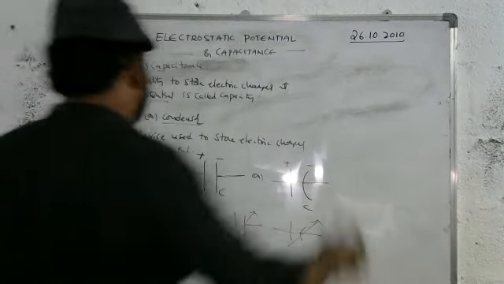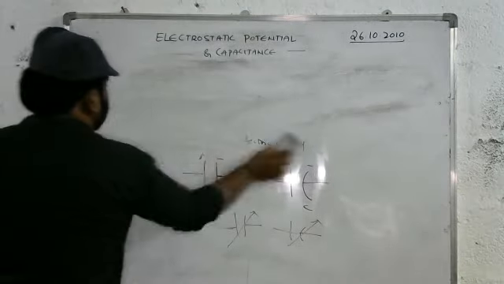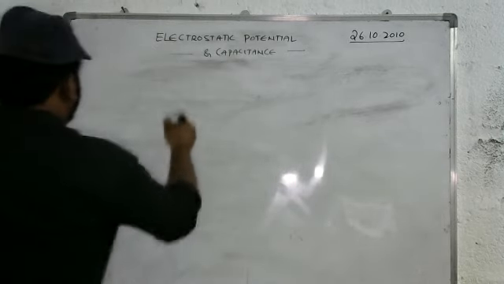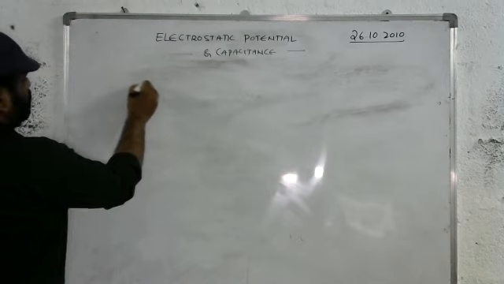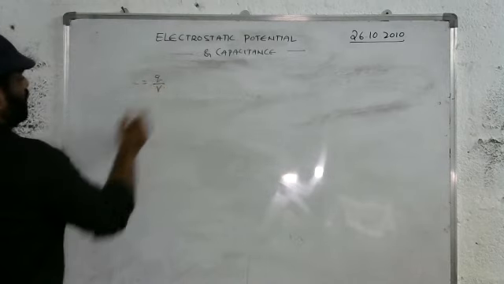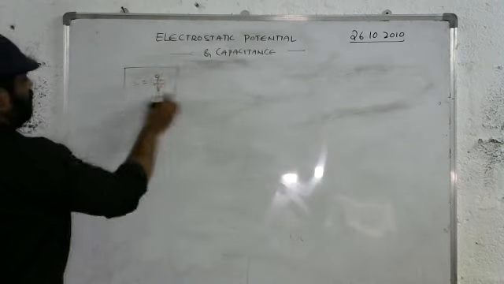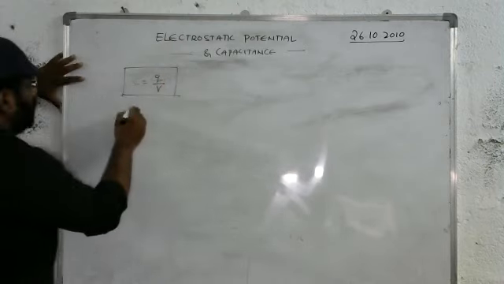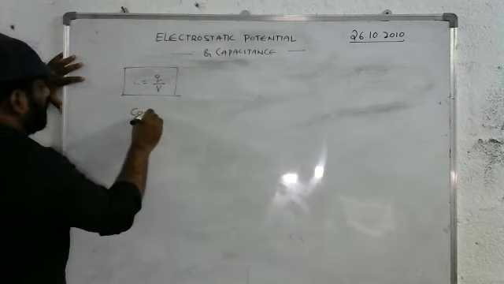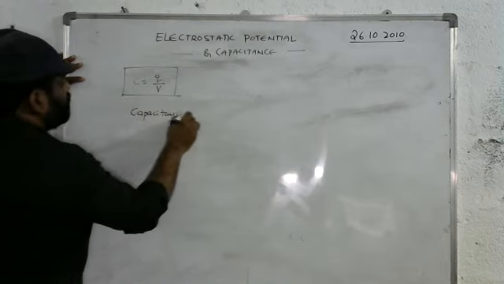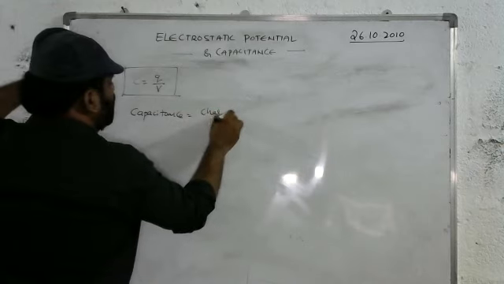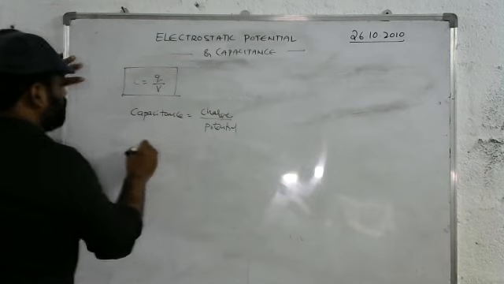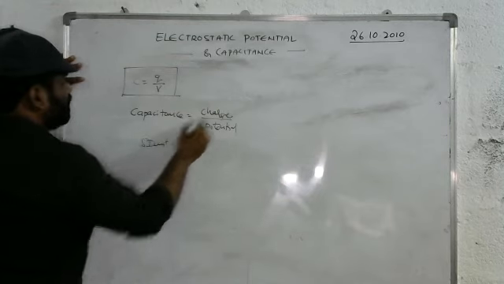Now we derive the equation for the capacitance. For the capacitance, C is equal to Q by V. Capacitance formula, C equals Q by V. Capacity, the capacitance, is equal to charge by potential. The SI unit for the capacitance is